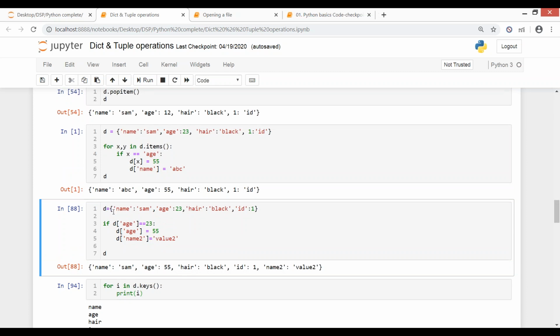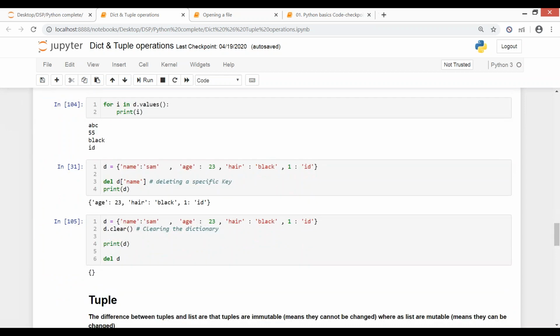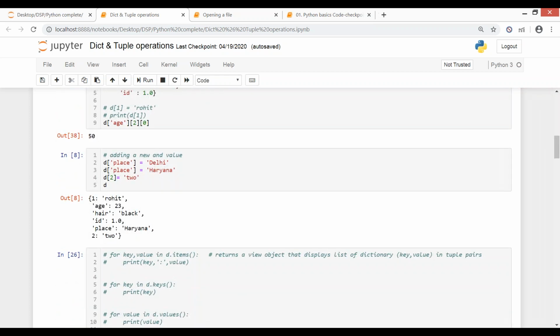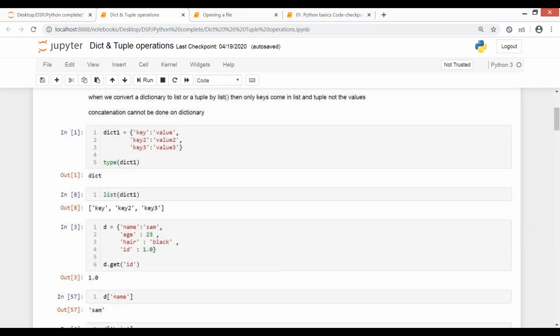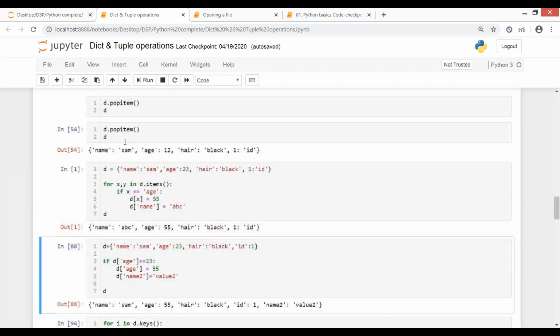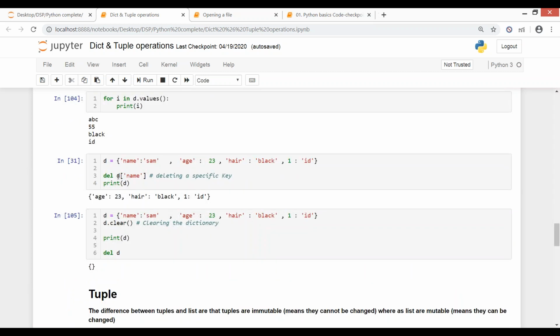And shall I move on? Okay then. Simple, yes. If you want to delete a key, then we used popitem, and yes, we used update. But in order to delete a key here, just like we did in set and tuple, this keyword will always work. So del is a keyword. Just write del and the specific key name, and then that key will be automatically deleted with the respective value.